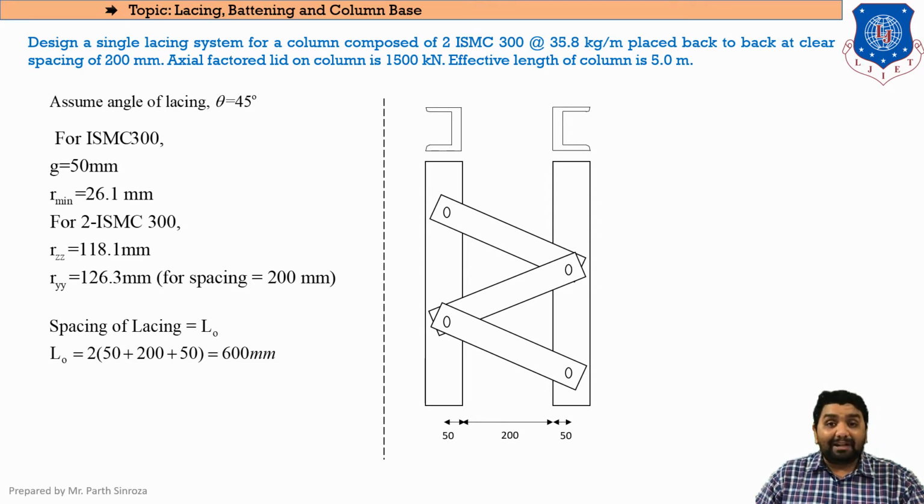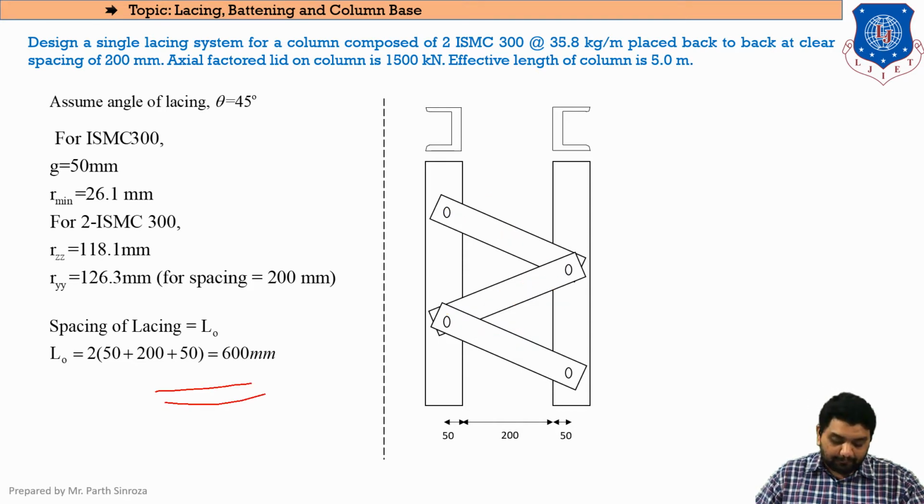Now why had we multiplied by 2? Just as we saw in the frequency chart, if we talk about frequency, the combination of crest and trough was called frequency. The same fundas are being applied here. If we start our lacing from this section, that is from the left face, then we need to complete the portion back to the left face. So this length that you have marked via line is called the spacing of lacing. Clear? This one horizontal distance is 300 mm, and this coming back portion will be again 300 mm. So the total spacing will be considered to be 600 mm.